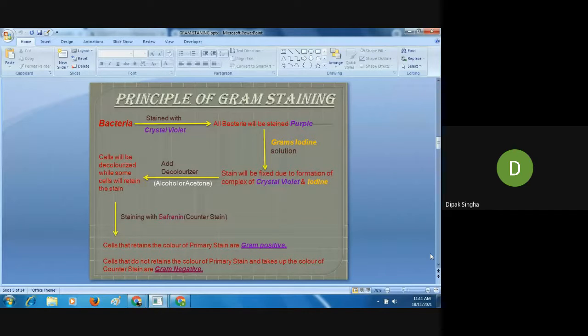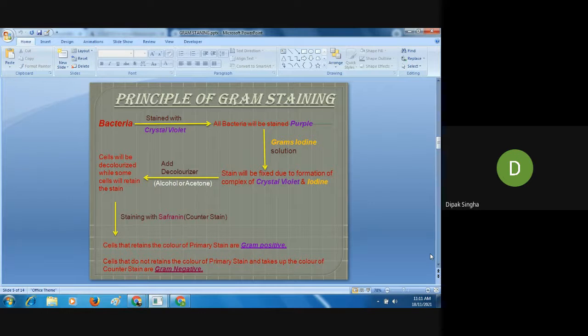Try to remember it, and you can remember the procedure for gram staining. It is useful both for theory as well as practical. Not only theory and practical, but it also helps for any competitive exam or interview. Even in the microbiology stage, you can observe in the CDL, and it can be very helpful. After the class is over, I can give information regarding the CDL and the importance of the pharmacist in the CDL.